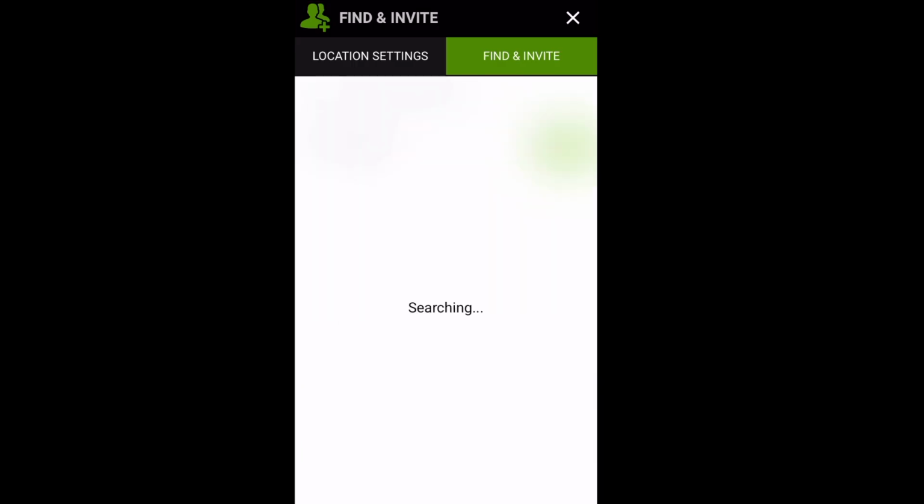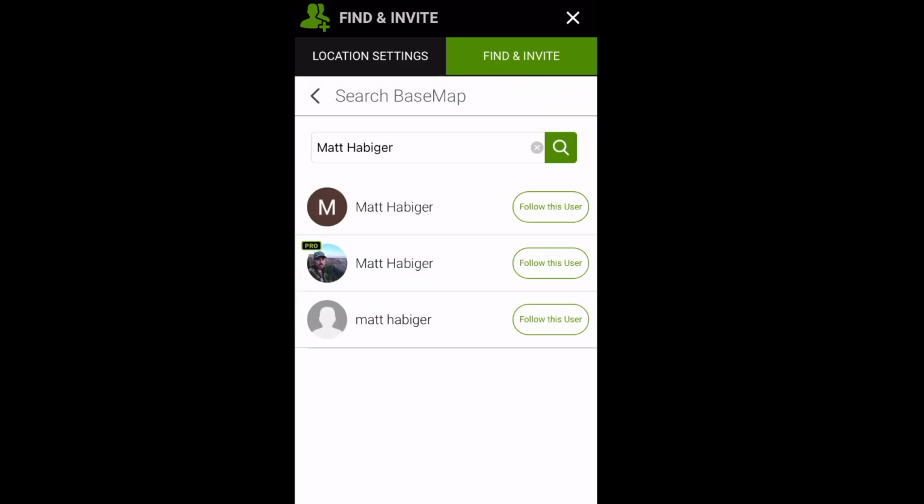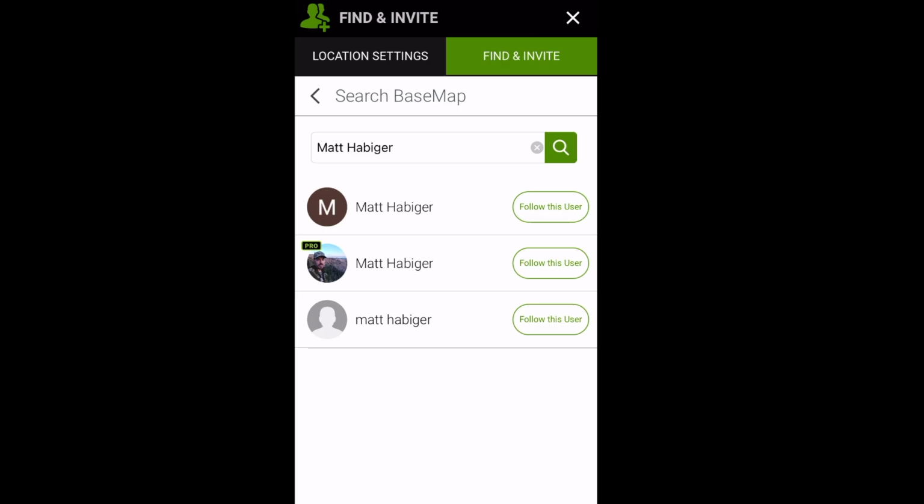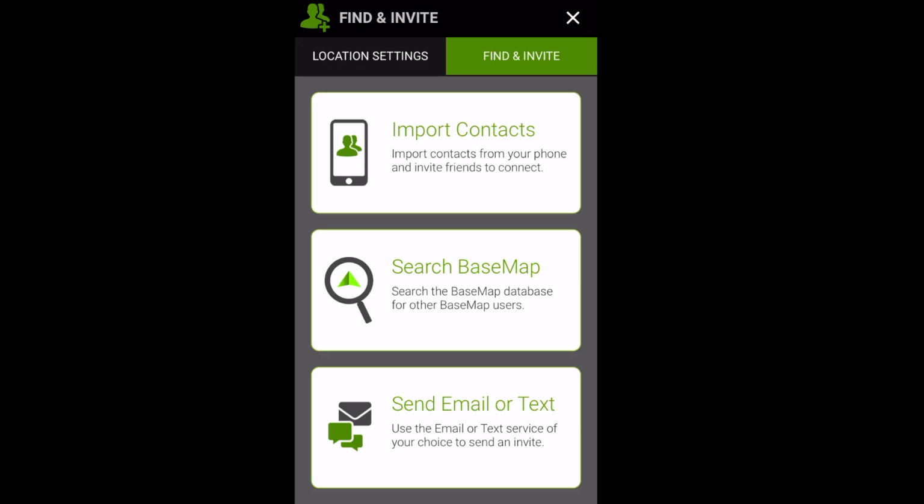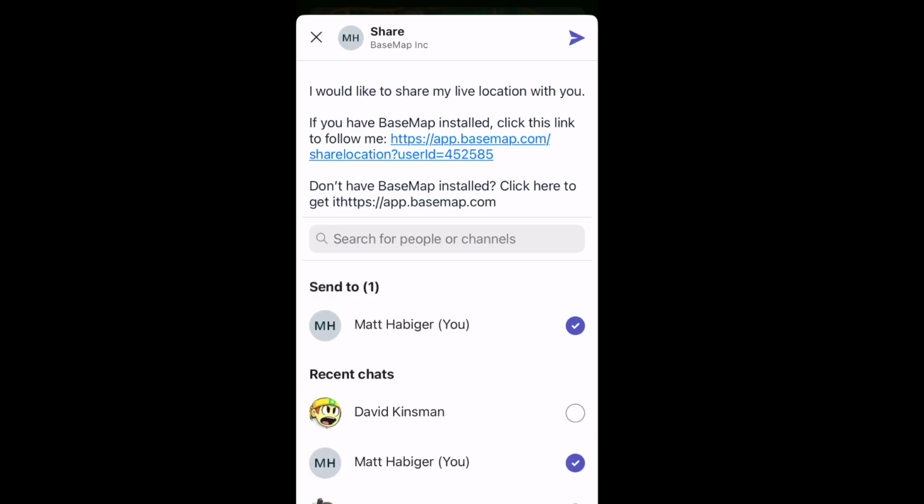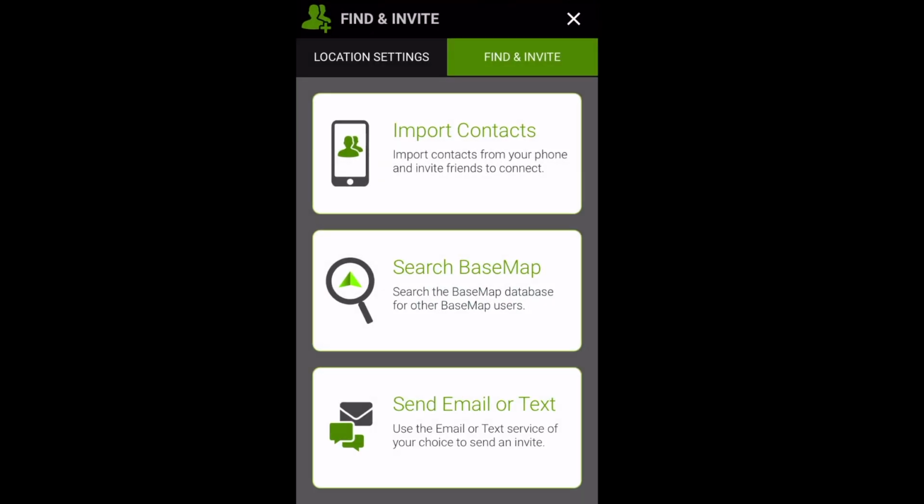I happen to have two accounts here, so hit done. We'll search. And I'm going to follow this Matt Habiger. So it can be a little tricky if there's multiple folks in our database with the same name, but go ahead and just tap follow. And then we're going to want our friend Matt to be able to follow us back. So another way that we can do that is we can go down here and say send email or text, and what that's going to do is allow us to basically send a link